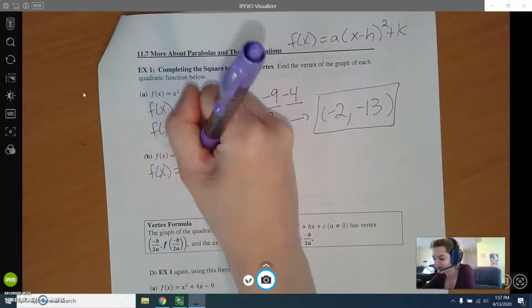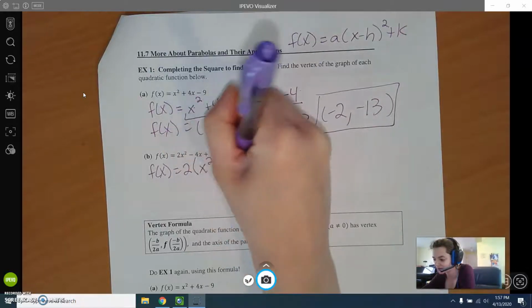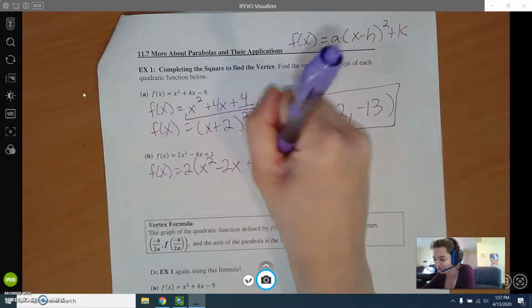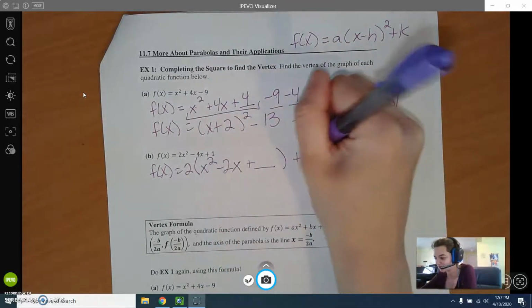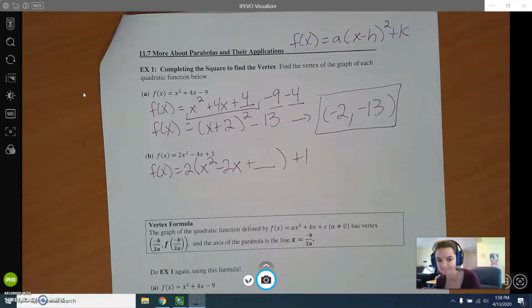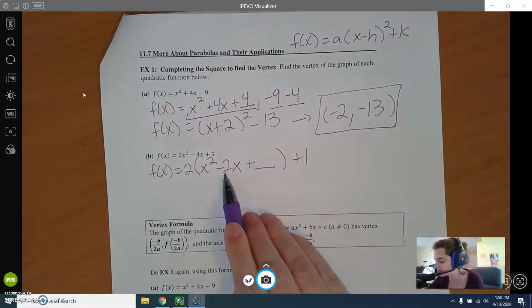If you factor out a 2, that'll be x squared and minus 2x. I'll have a little plus blank for completing the square, and I'm leaving the plus 1 alone. Okay? So let's think about what's going to go in the blank. So half of negative 2 would be negative 1, and negative 1 squared would be negative 1 times negative 1,